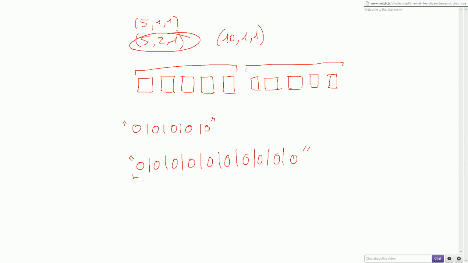Because here, it could be this or this, it's the same thing. What is the difference? The only difference between this and this is the metadata. It's not how the data is in the array itself, it's how the data is read. How will you read something like, for this array,